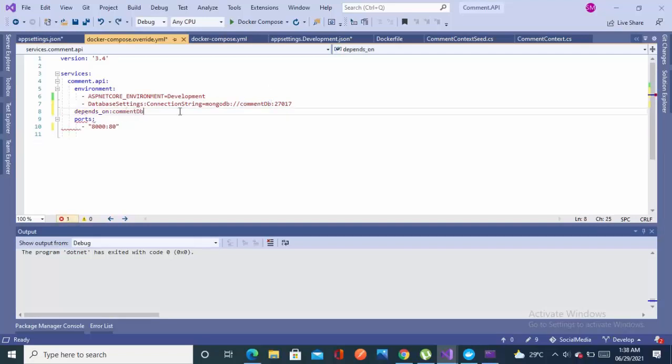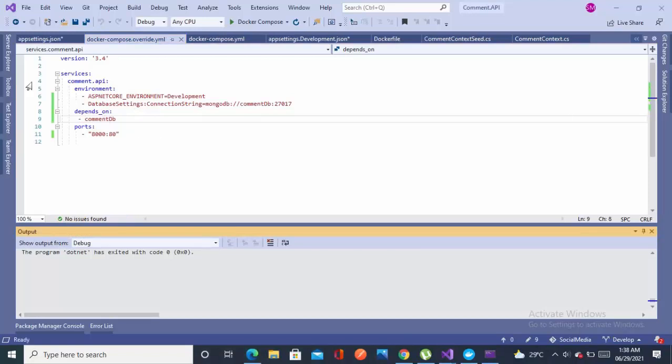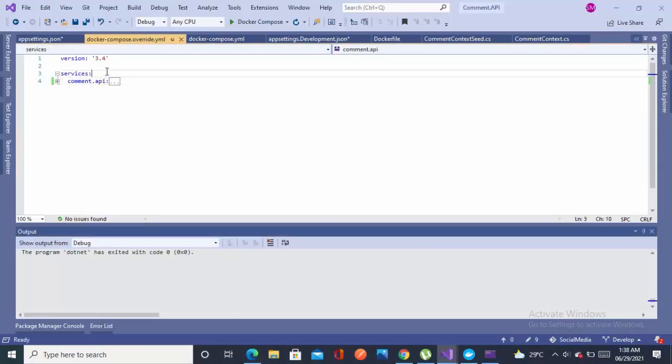Now let's add another thing, that is depends on. This comment API will be depending on comment db. If we have another db similar, like I have Mongo and you also have SQL, you can do the same copy and paste and add that config in the depends on. Now come back to this yml file